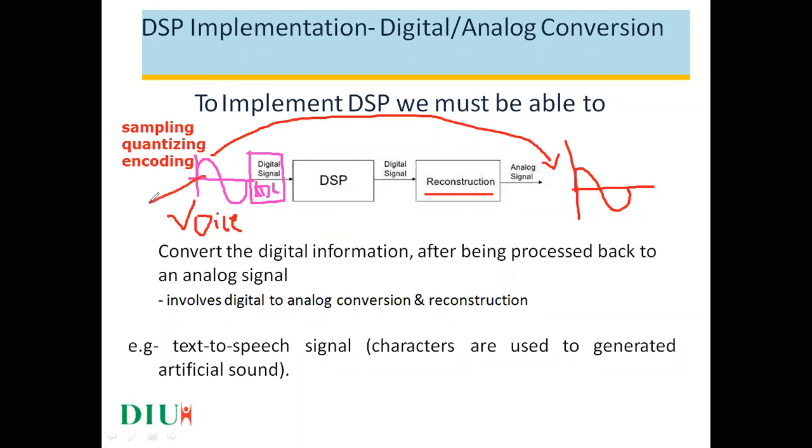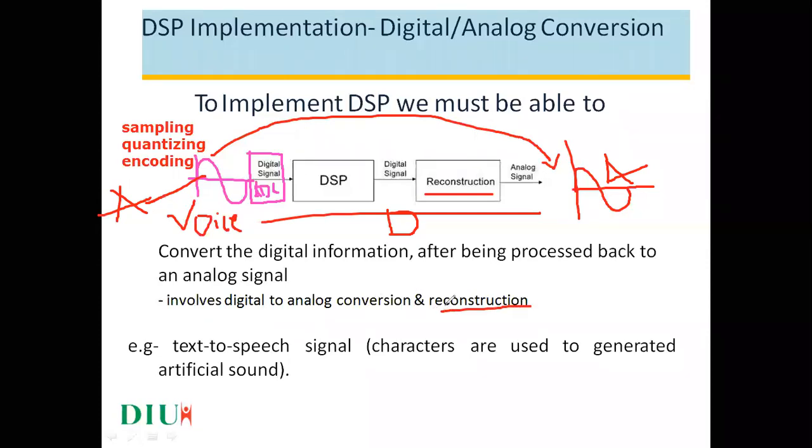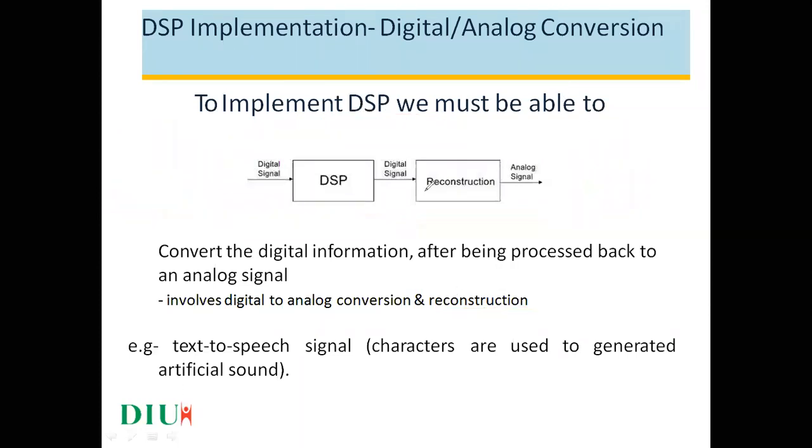That is why this signal will be your analog signal and this signal will be your analog signal. But in between, whatever we do here, it is all digital. So that is why it involves analog to digital conversion and also the reconstruction. The meaning of reconstruction here is getting back the original signal, our information signal which we have applied at the transmitter side or at the input to the processor. So this is how we do our implementation part in both theory as well as practical analysis.